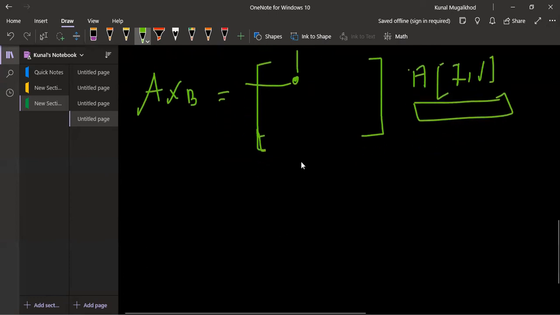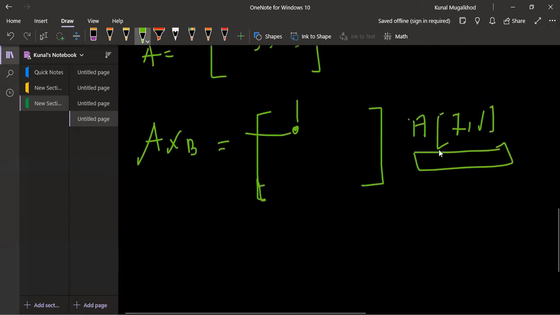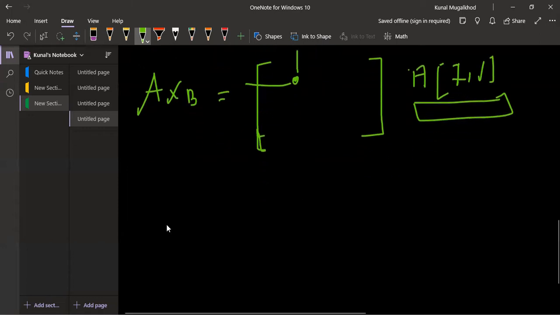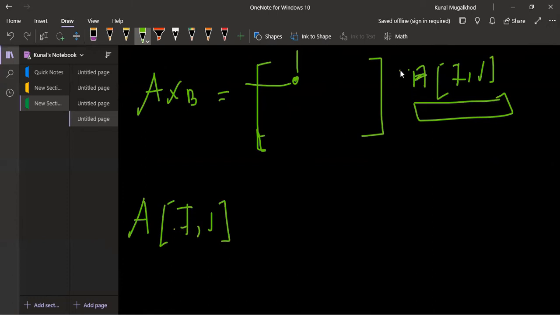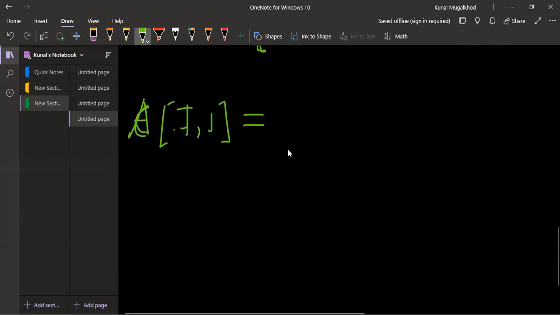We will write one formula for that. So C of i, j. This is our resultant matrix. Not A, I will call it C. C is our resultant matrix, and we are multiplying A and B matrices.